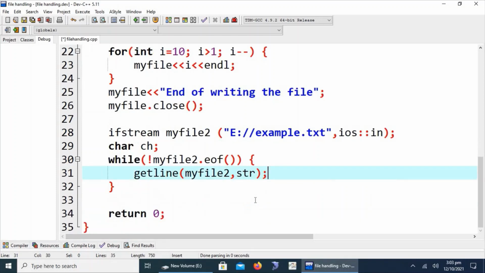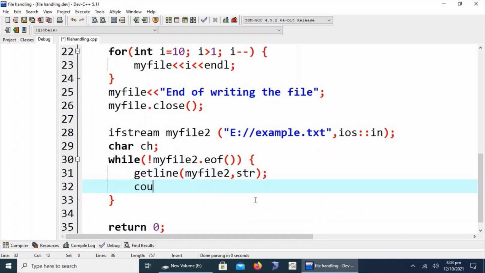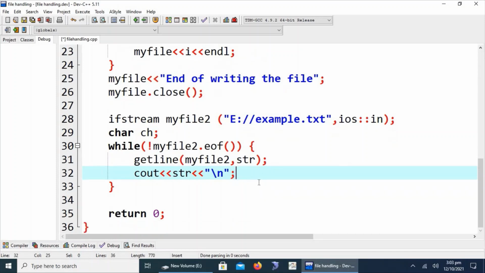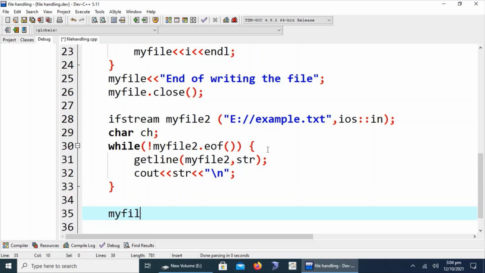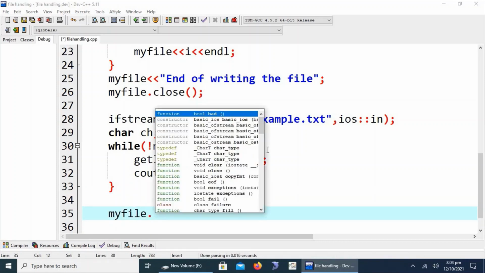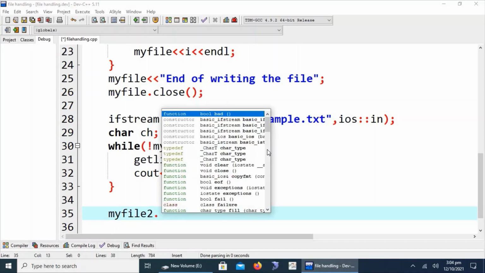Here we place a semicolon, and we also write the str variable and terminate the line using \n. This loop will go through the file, read each and every line and print it onto the screen. Then myfile.close(); we have to close the file.